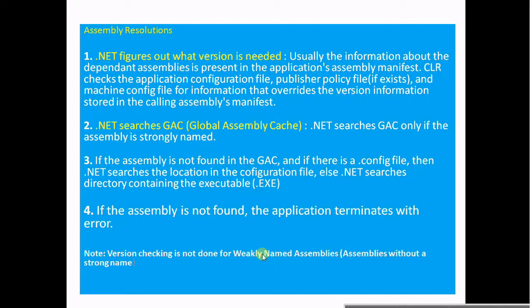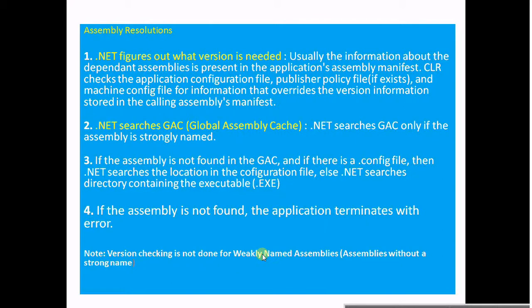And if we have a strong name assembly, first the .NET framework figures out what version is needed, and it first checks the GAC. If it is found, it will execute happily. If it's not found in the GAC, it will go to the application configuration file, where there may be any locations to be changed.